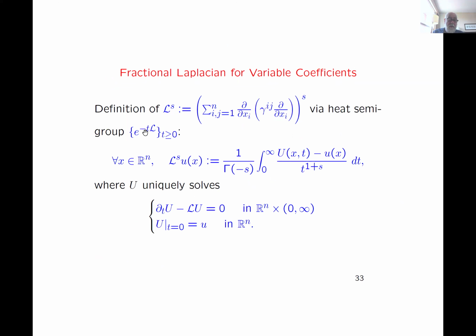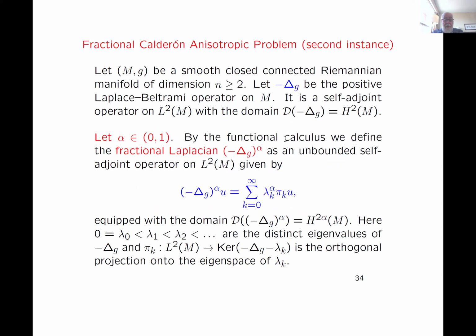Using the heat equation. This is proven by using the spectral theorem. You can use the heat equation. This is a solution of the heat equation with this power here depending on s. You can use other representations, of course, but the heat equation is particularly useful, and that's what they use, and also they prove the Runge approximation in a different way. Okay, so this